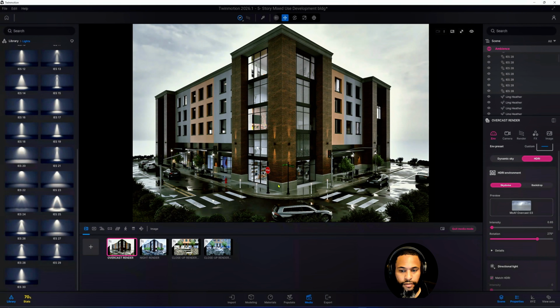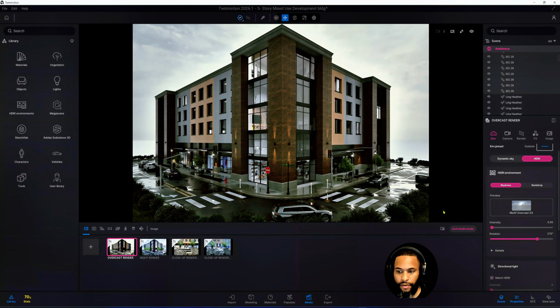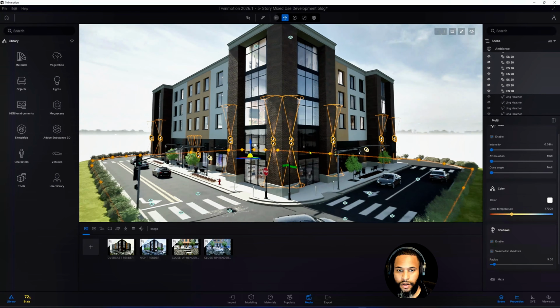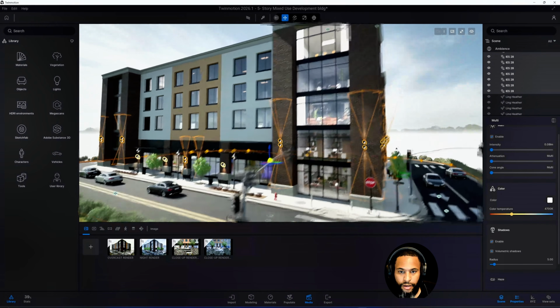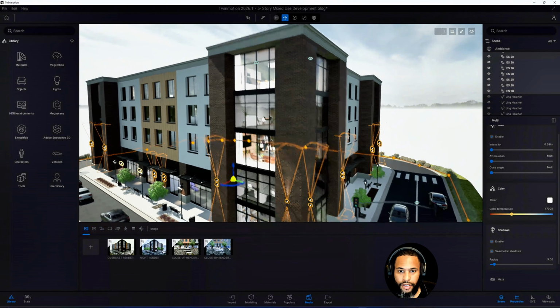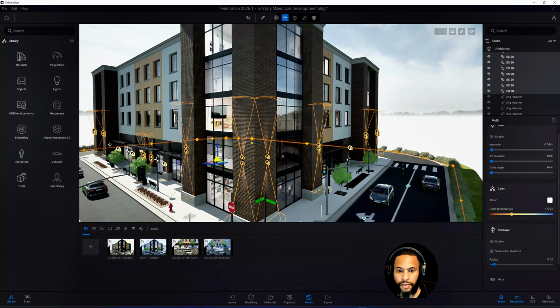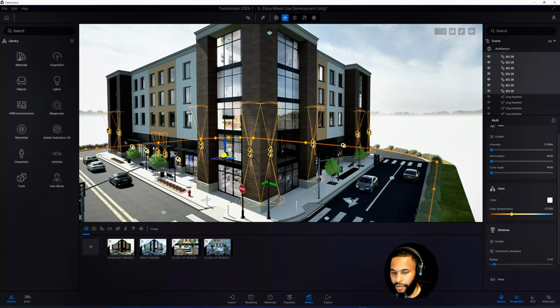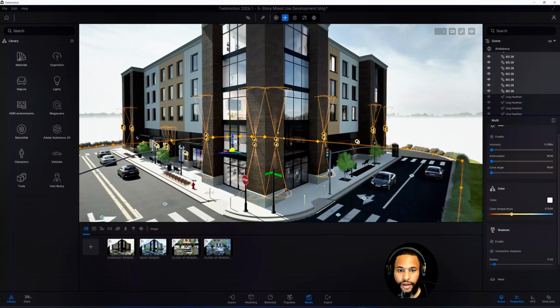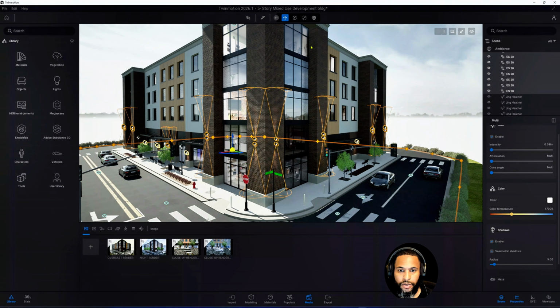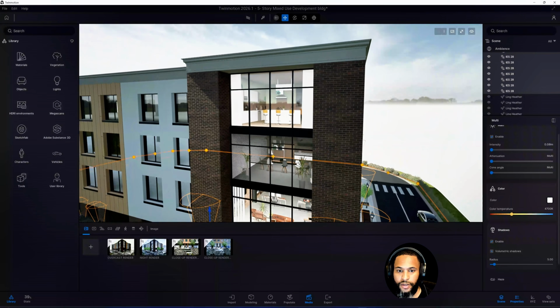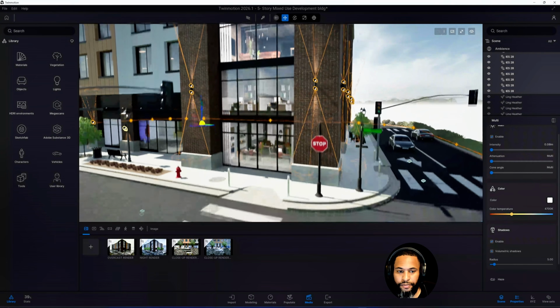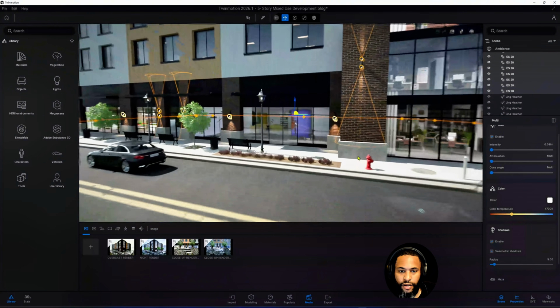Okay, so now that we have that, what is another thing that we need to change in this rendering to make it better, or what was exactly wrong with this rendering? So as you can see, I have parallax windows, different types in this front facade here, and it's really at the corner, and I have retail here at the bottom,